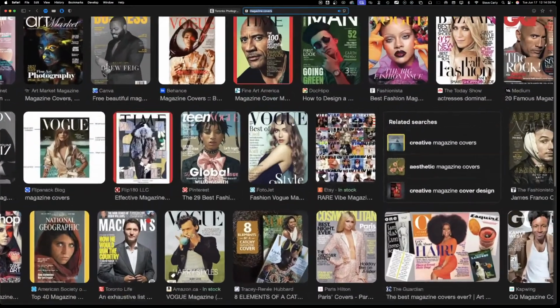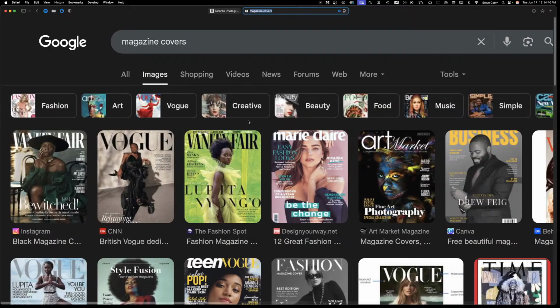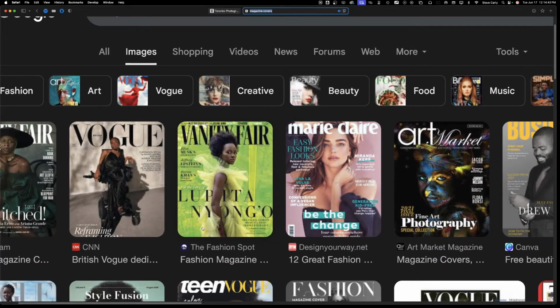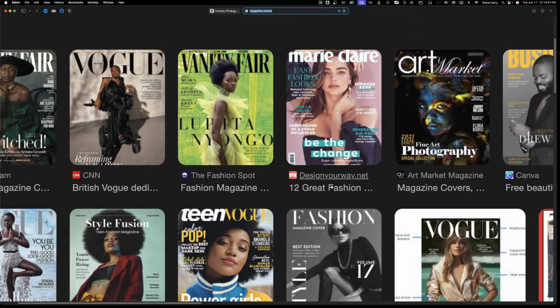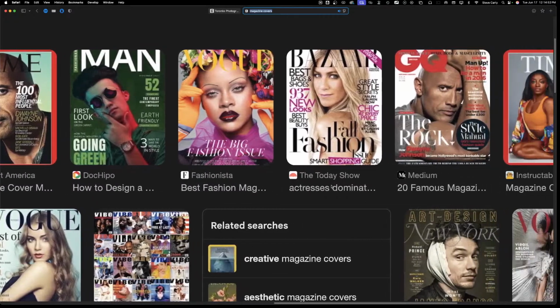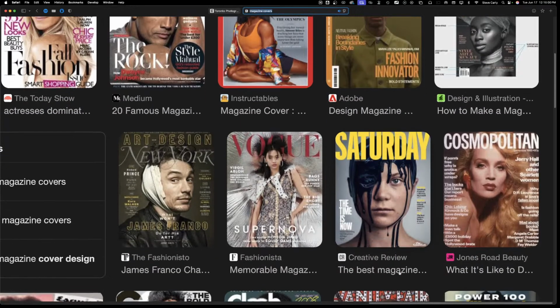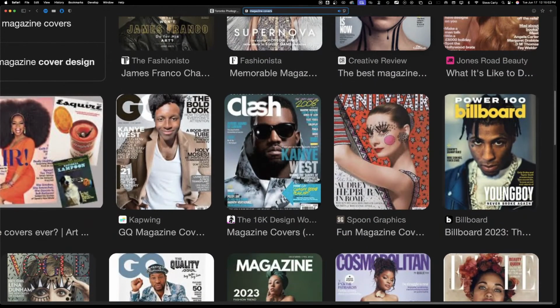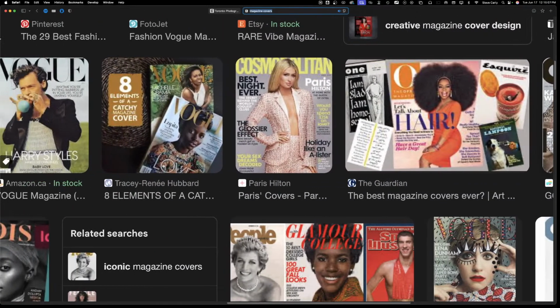magazine covers, right? Just Google magazine covers. If you look at what magazine covers look like, you'll see sometimes they shoot profile, but a majority is straight on. The seated position that you showed is not something that's normally done. You see how squared up that is. You see how squared up this cover is, how squared up this one is, especially when it comes to men. Squaring up dudes is kind of